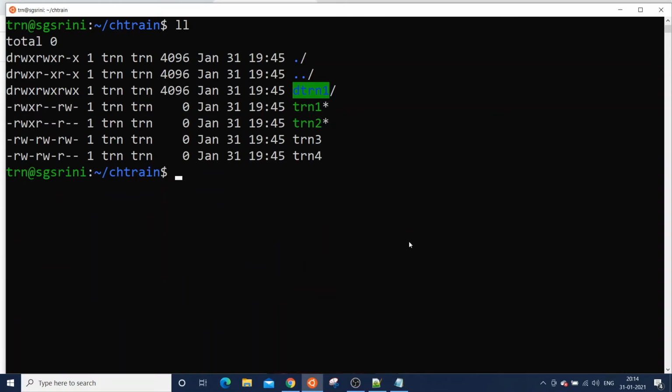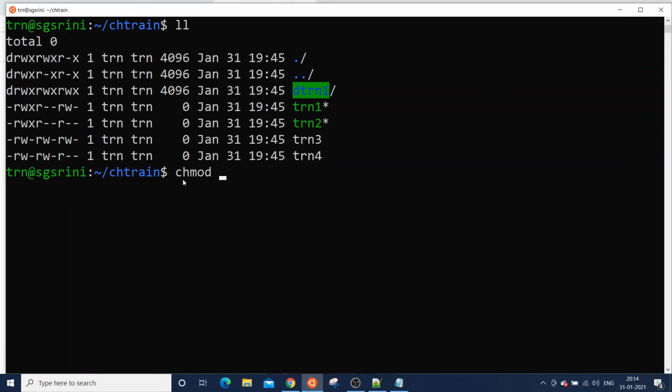Now, let's see how we remove the access. For example, in the case of train3, the group has read and write and also others have read and write, but I want to remove read and write access from the group and the others and retain it only for the creator of the file.